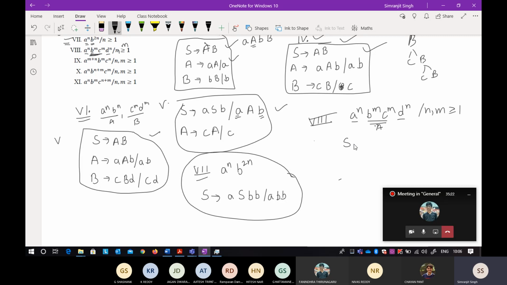It can be starting with a. Now I want balance here, so I can do a single a, and then there is S, and then there is a d. That is fine. Now you can do this one a, and then there is a d. For that A, if you want to define that A, now it is just b and c. Because it is greater than or equal to 1, you have to include b, then A, then c, and then bc.